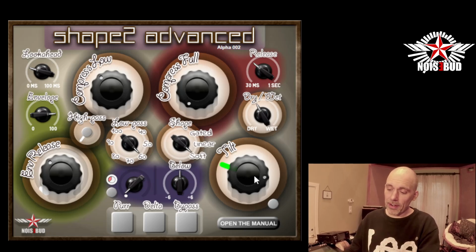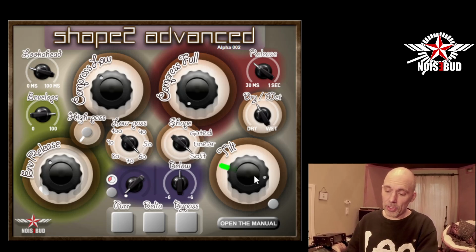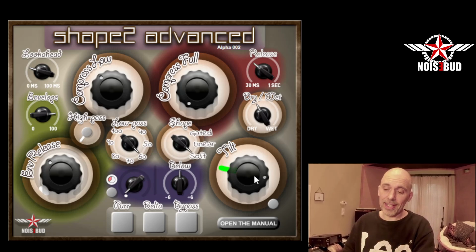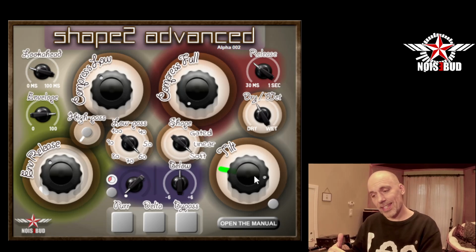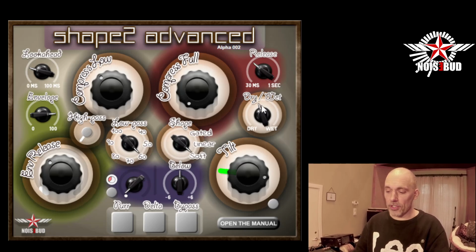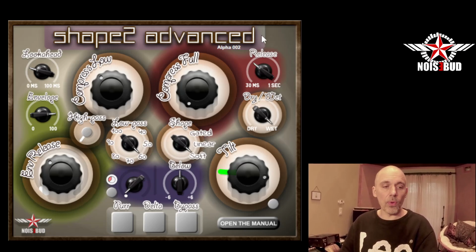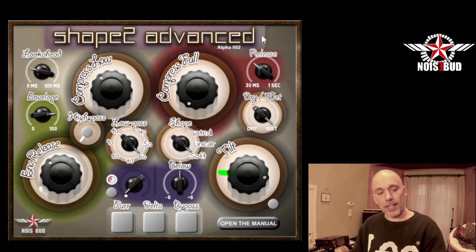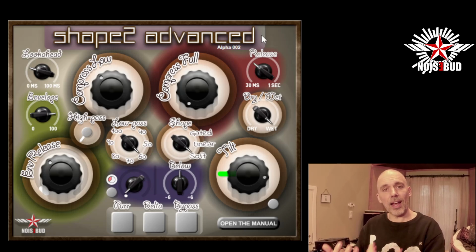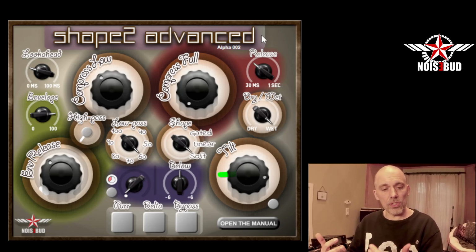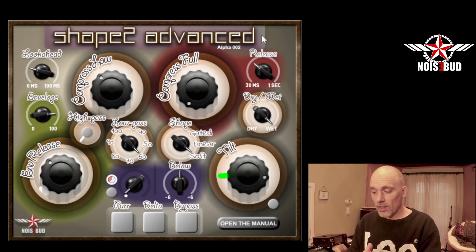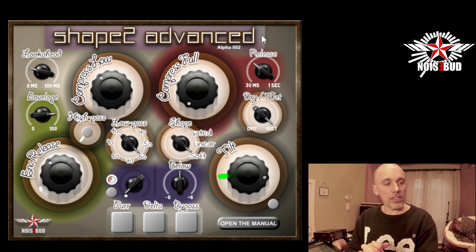And as you can hear, even though I'm boosting with the tilt filter quite a lot, it's okay. It's a lot of low end before I started to play with the dry and wet control, but it's not crazy. If it was a track that a lot of low end was suiting, then it's an okay